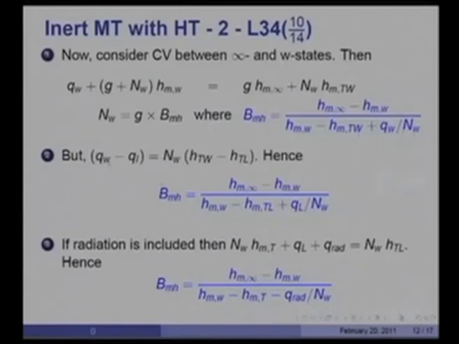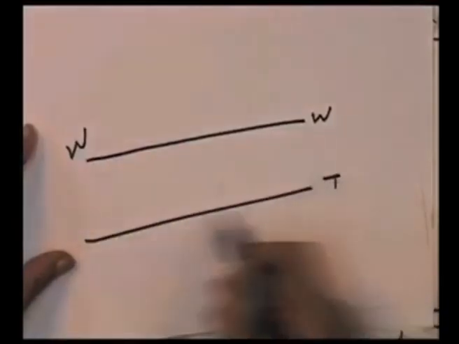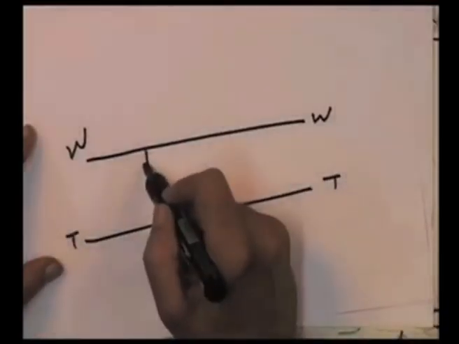But you will recall we showed that Qw minus Ql, where Ql is the heat transfer in the transferred substance phase, equals Nw Htw minus Htl. So, I can replace Qw from this relationship, and I get another expression for Bmh in terms of Q liquid divided by Nw. On the other hand, if I also consider radiation in the transferred substance phase, then this is the WW surface, this is the TT surface, then QL is so,